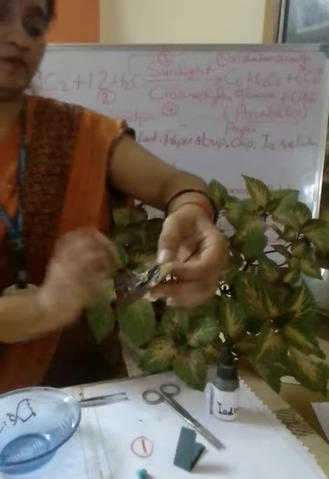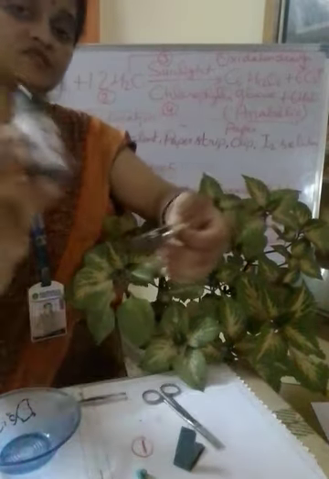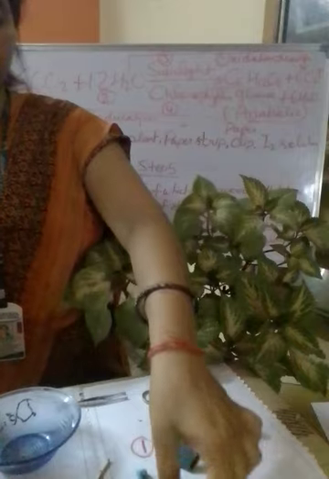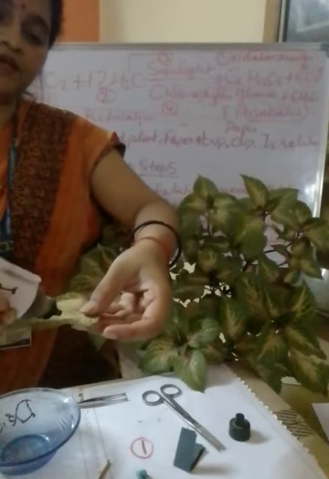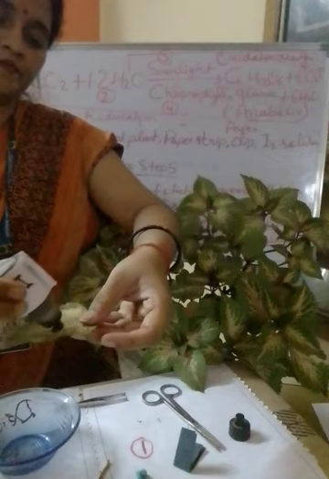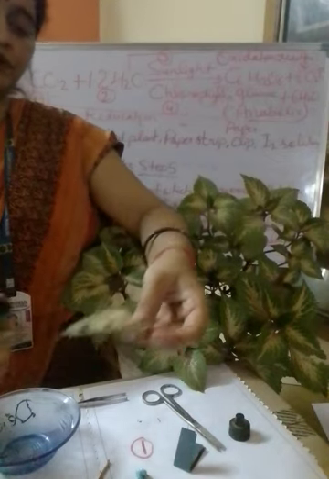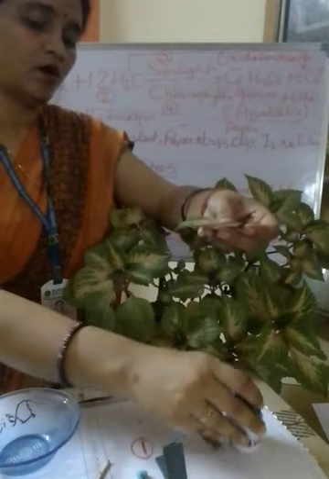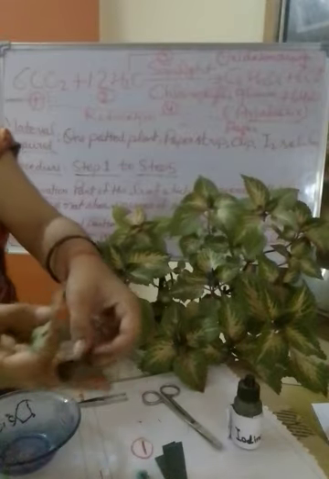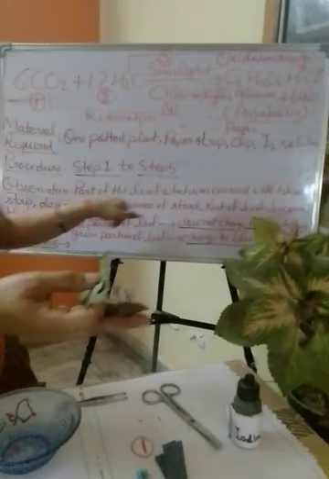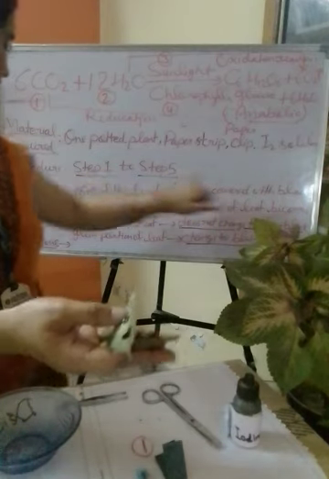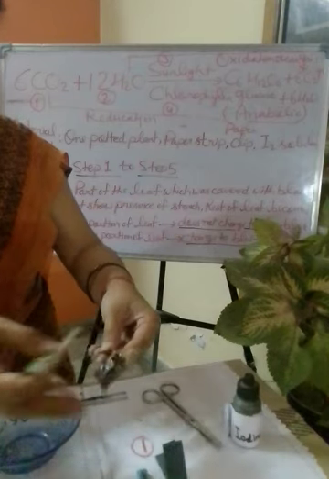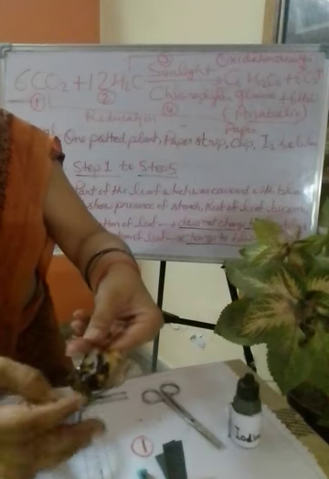Now the next step, what will we do? Now we will use a staining material. Okay, now we will stain this covered part. Okay, so what will be change? It means observation is here. Observation that part of the leaf which are covered with black strip does not show presence of starch. Okay, तो ये presence of starch नहीं दिखाएगी.